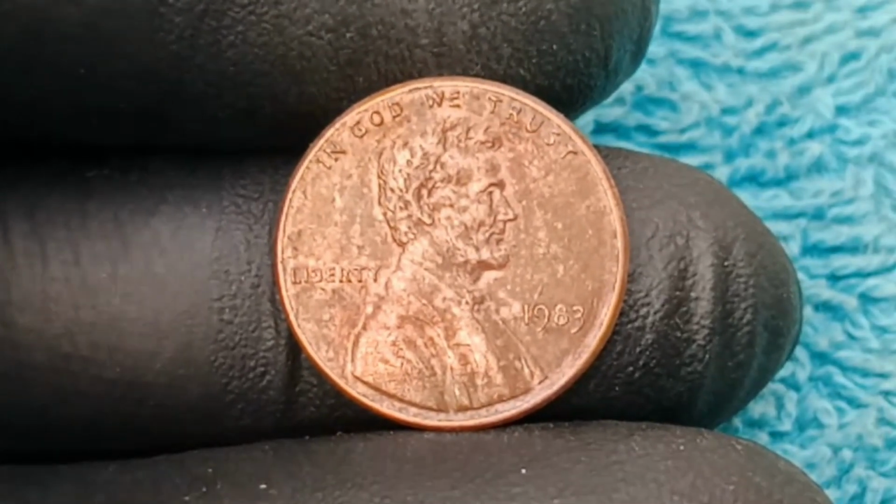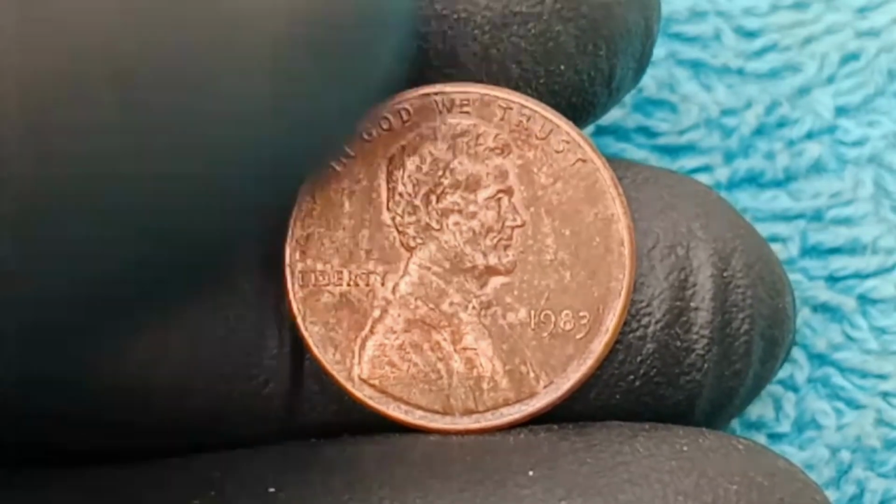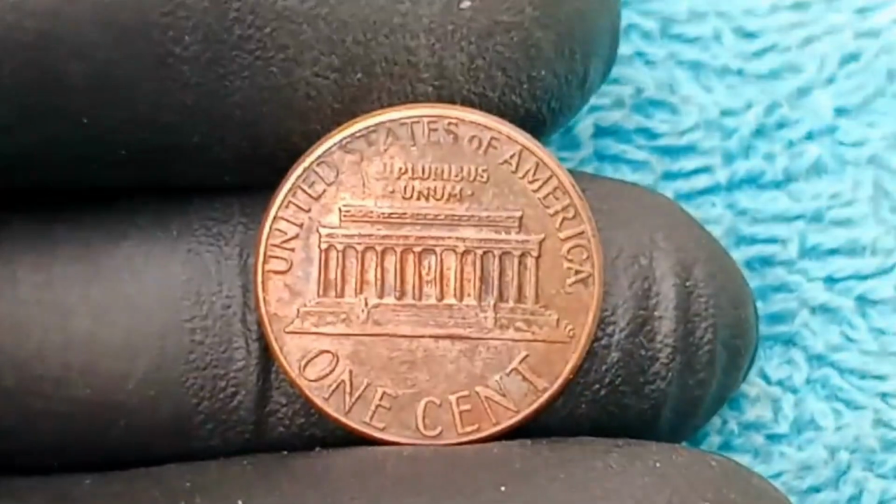So next time you come across an old penny, take a moment to look closely. You might be holding a piece of history that carries not just financial worth but a story of human ingenuity,